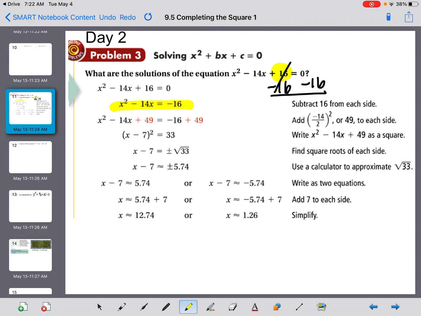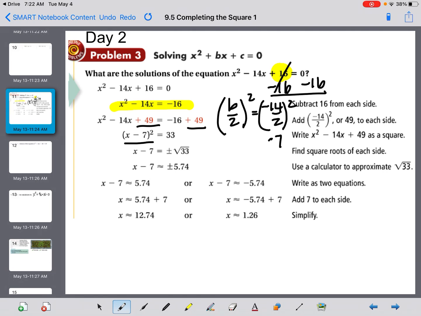Now I can follow the steps from yesterday and do my b over 2 to the second power. Okay, which in this case we have negative 14 over 2. So you have negative 7 squared is 49, and that's why they're adding 49 on both sides. Okay, when they end up with this x squared minus 14x plus 49, they factor it. Okay, remember that this here is a negative 7, so that's how they get x minus 7 squared is equal